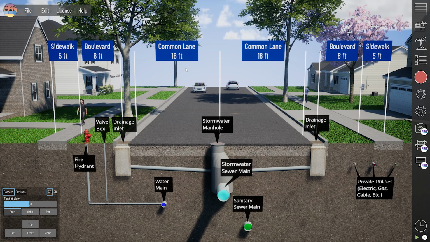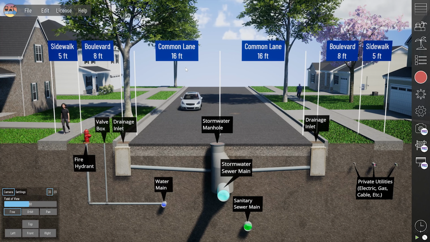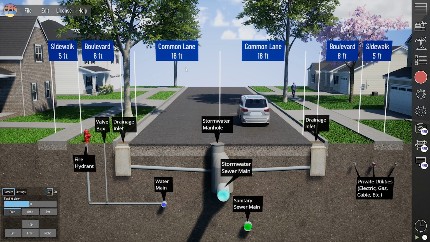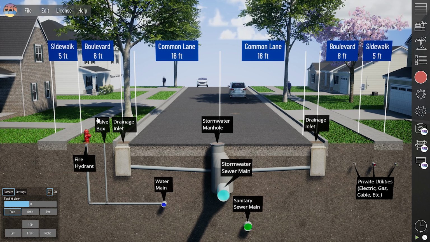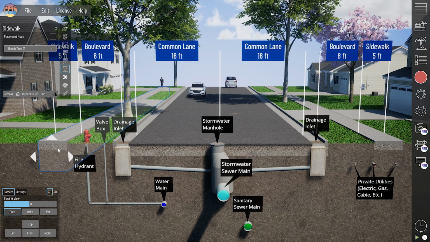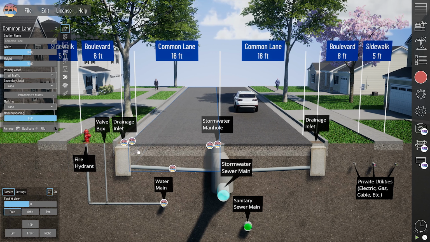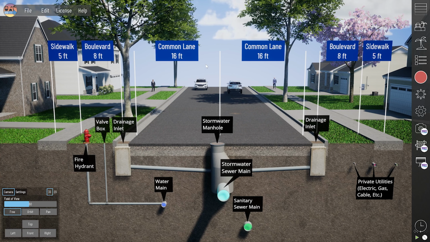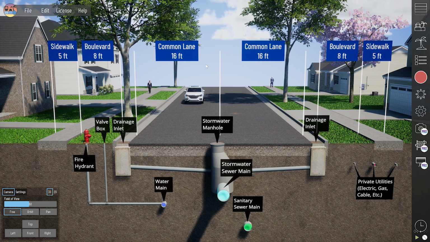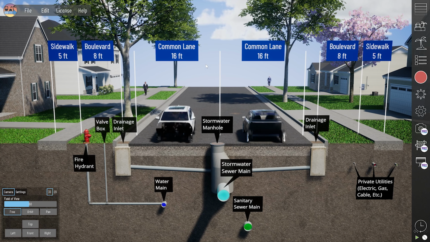This is our residential street utilities project. I otherwise might refer to this as fun with placed assets and custom labels because there's quite a few in this example project, and you can see those as you start navigating through some of the sections. But really what I was trying to do here was use Beyond Typicals to mimic an exhibit that I've seen